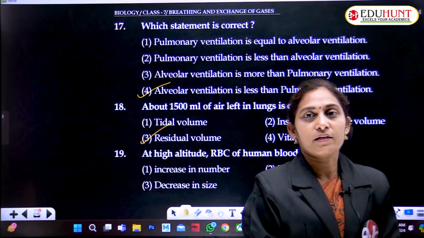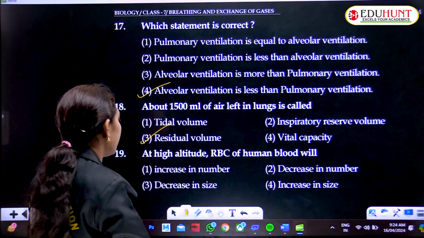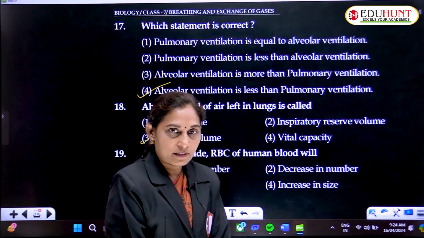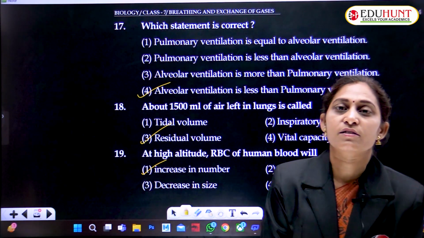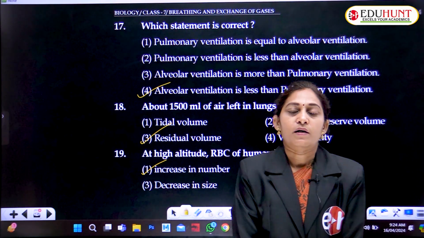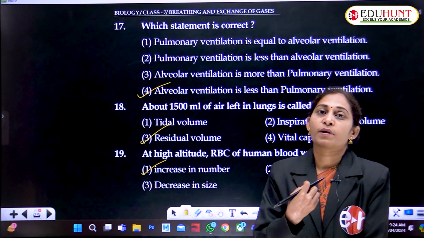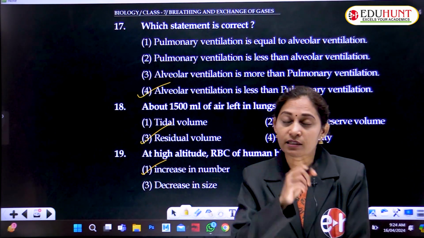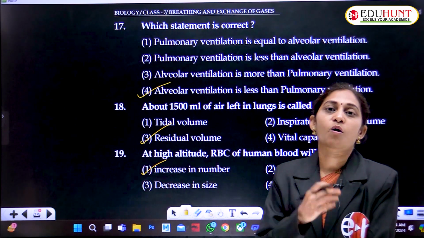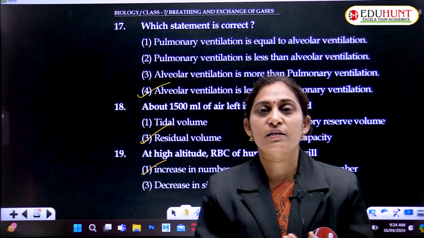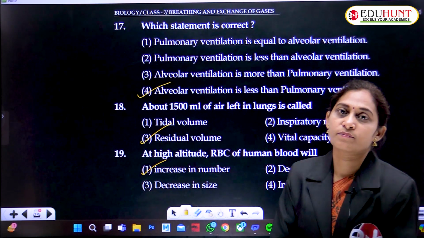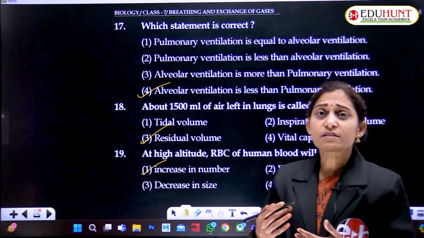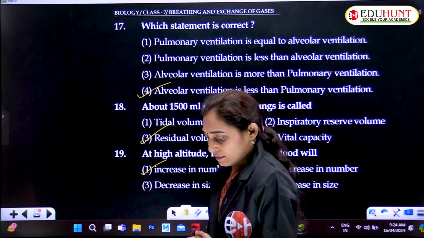At high altitude, RBC of human blood will, whether they decrease or increase, they increase in number. Why do they increase? At high altitudes there is a deficiency of oxygen. That means the oxygen supply to the tissues will get reduced. This is felt by the kidney. The kidney feels the oxygen deficiency in the blood reaching it, and it immediately releases a hormone, and this